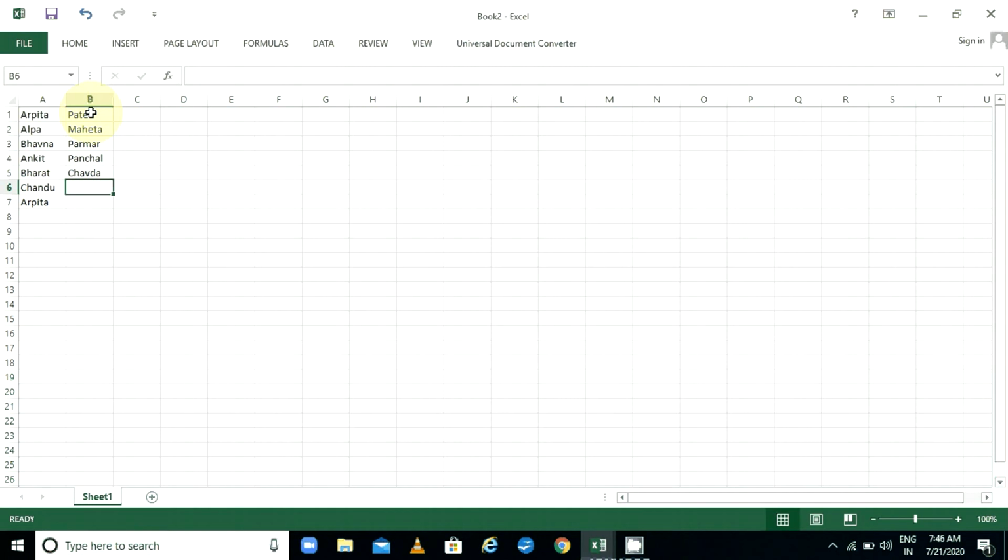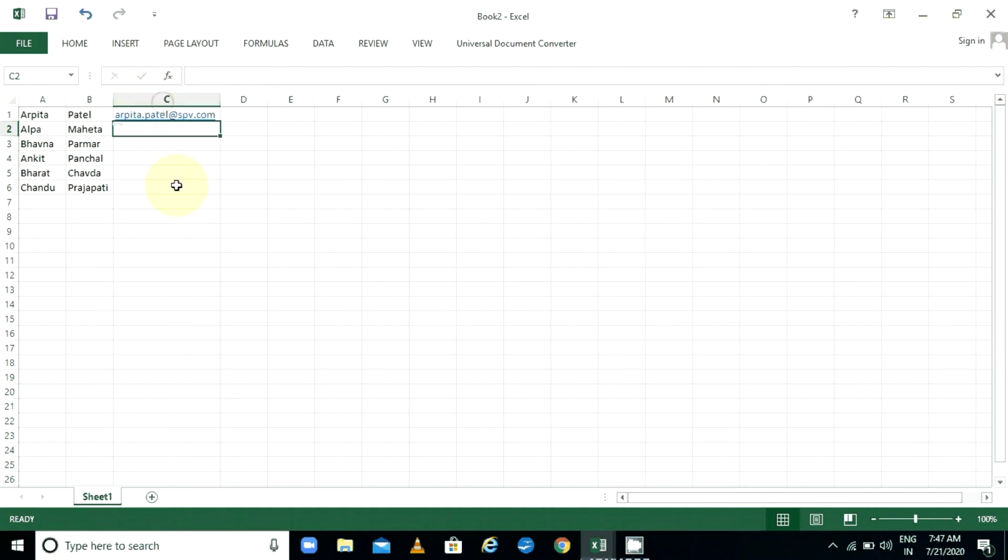Chandu Prajapati. Then Arpita, it is a repeated name, so leave it. Now here the email ID is coming in this pattern: first name dot last name @spv.com. So this email is generated.